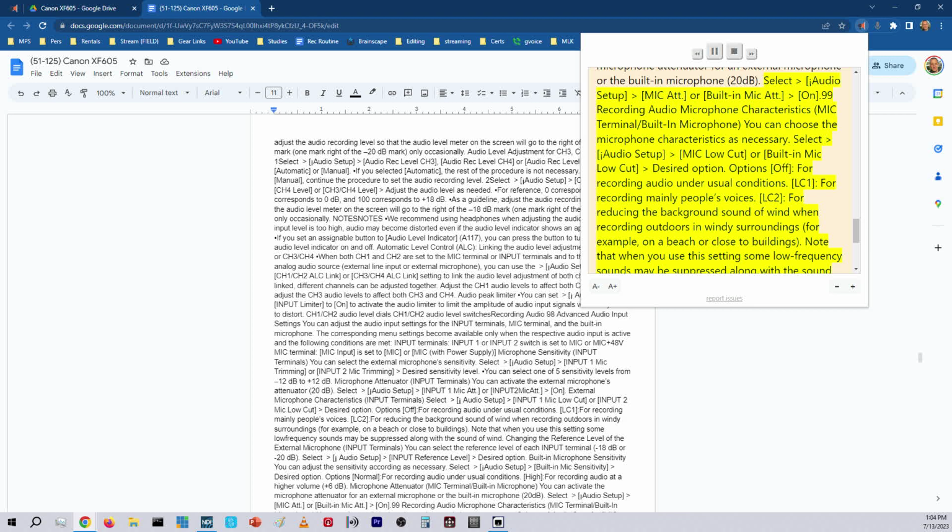You can choose the microphone characteristics as necessary. Select Audio Setup > Mic Low Cut or Built-in Mic Low Cut > desired option. Options: Off, for recording audio under usual conditions. LC1, for recording mainly people's voices. LC2, for reducing the background sound of wind when recording outdoors in windy surroundings, for example, on a beach or